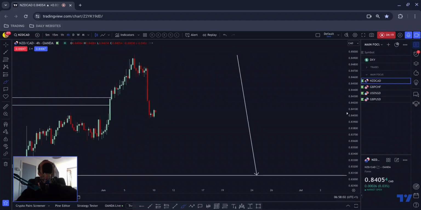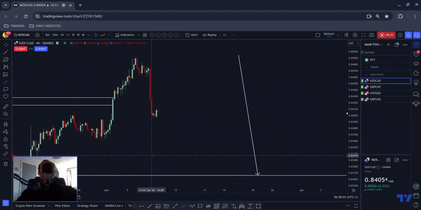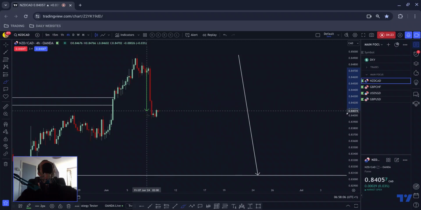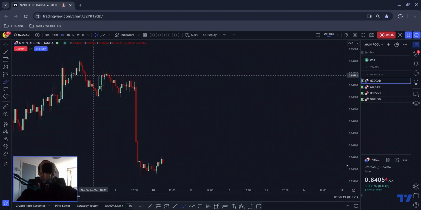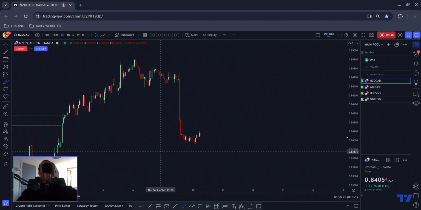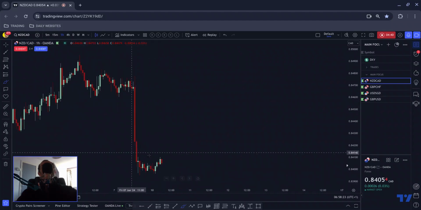So we drill down to the 4 hour. You can see price starting to consolidate, suggesting that this is an impulse correction continuation to push lower. The proportions of this relative to the impulse down which has preceded it look a little bit small to me at this moment in time, so I wouldn't be surprised if we consolidate for a bit longer. And this price action here has certainly given me that impression as well.